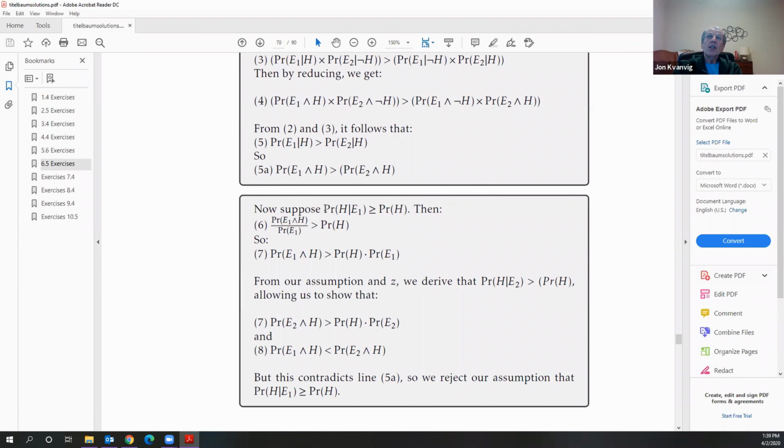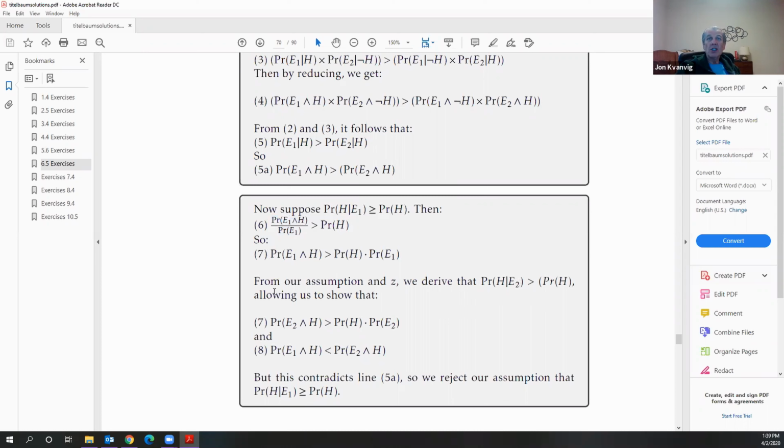Now, suppose that the conditional probability of H given E1 is greater than or equal to the probability of H. Then just replace this part with what you get by the ratio formula. That fraction is going to be greater than or equal to the probability of H. So the probability of E1 and H is going to be greater than or equal to the probability of H times the probability of E1. So from our assumption in Z, we derive that the probability of H given E2 is greater than the probability of H,